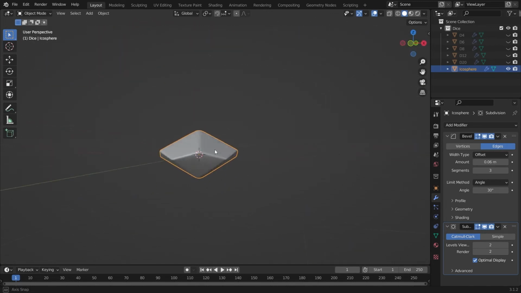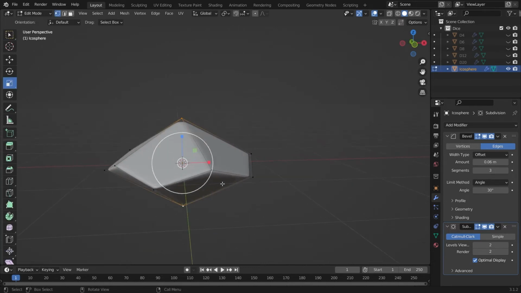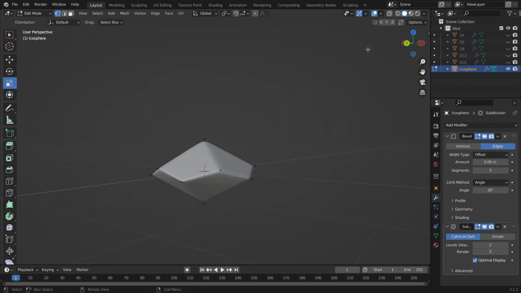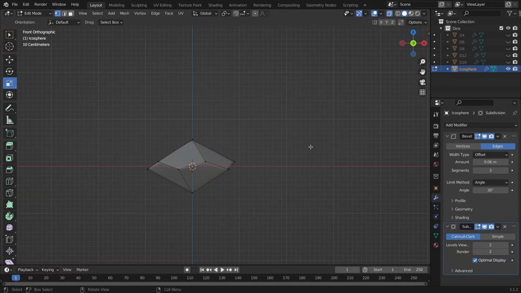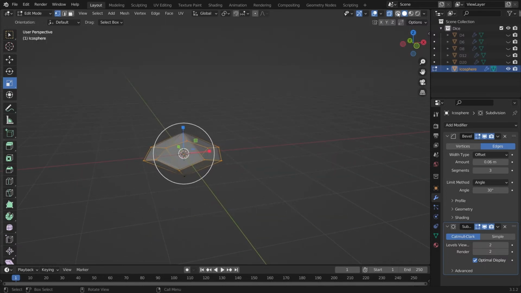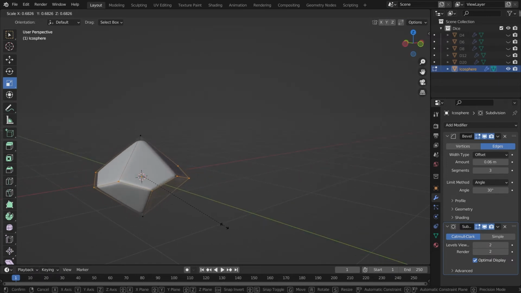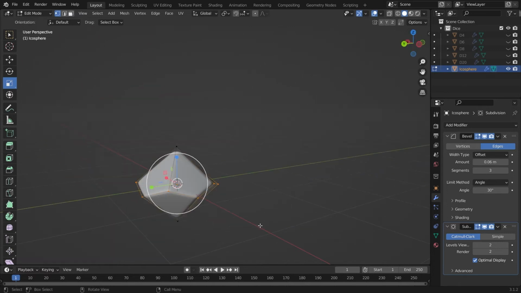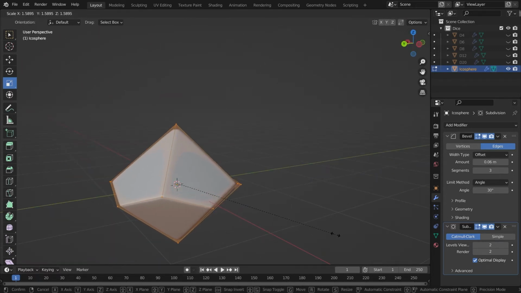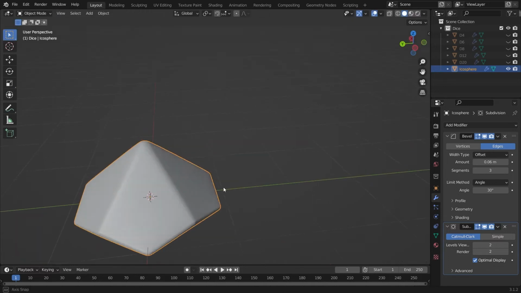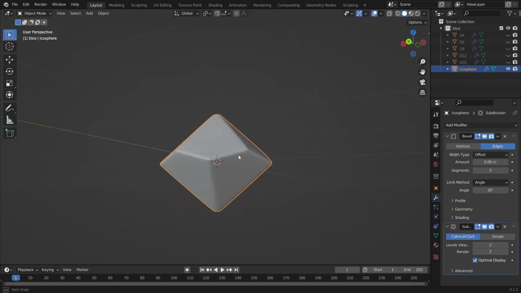I think I might do some slight adjustments to the geometry in the middle. Yeah, tab back into edit mode, click away to deselect, then go back onto the X-ray, go into the front view and just box select just the vertices in the middle, and we'll turn the X-ray view off again. And now just hit S on the keyboard to scale and scale them all in just a little bit. Now hit A on the keyboard to select all, hit S, and we're just going to make the whole thing a little bit bigger. And then tab to go back into the object mode, and that's looking pretty good